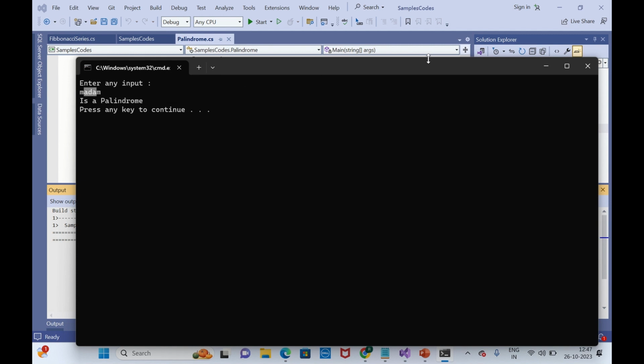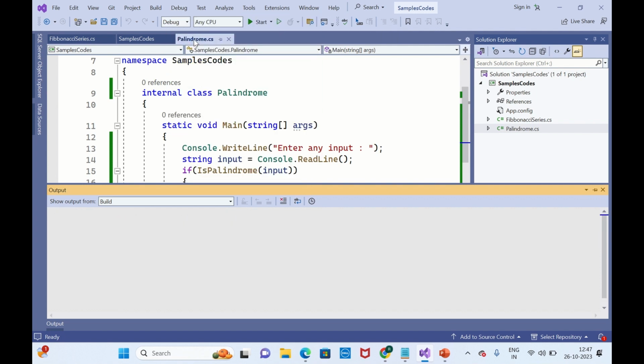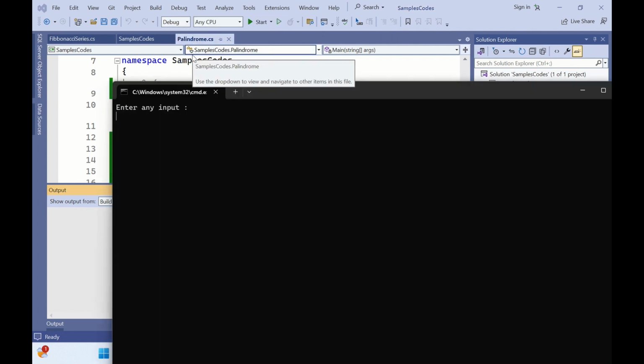Means this is a palindrome. The code is working properly. So I will check once again. So click on debug and enter some another name like